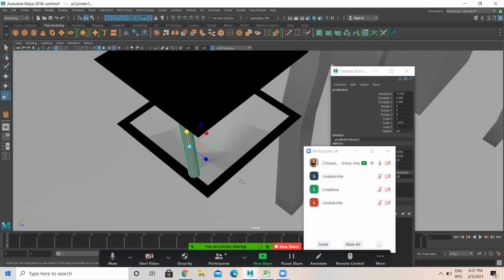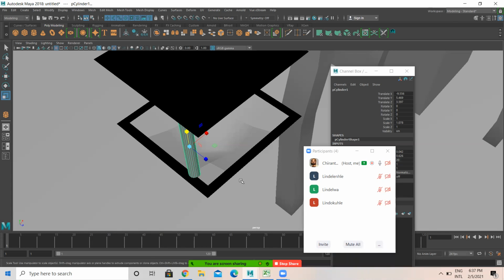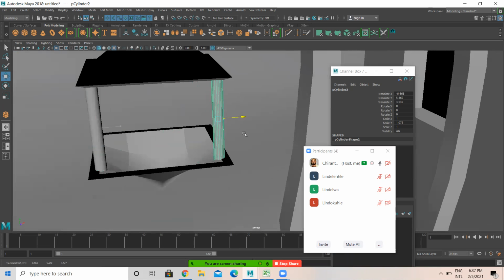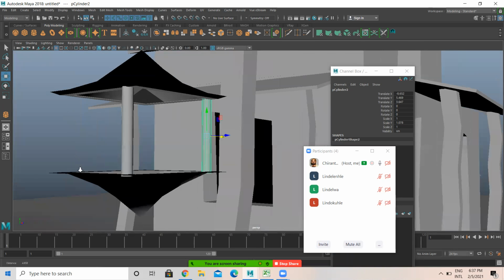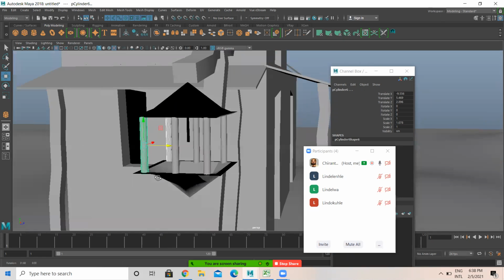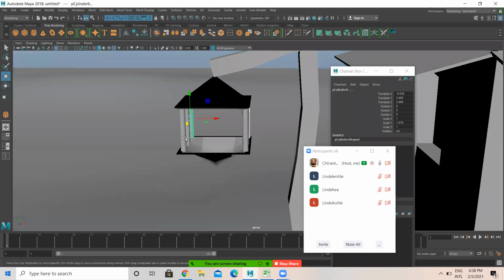Then duplicate this one over here. Select these two, Control D, place here, again Control D, place here. Select this and this, Control D, place one in the center.